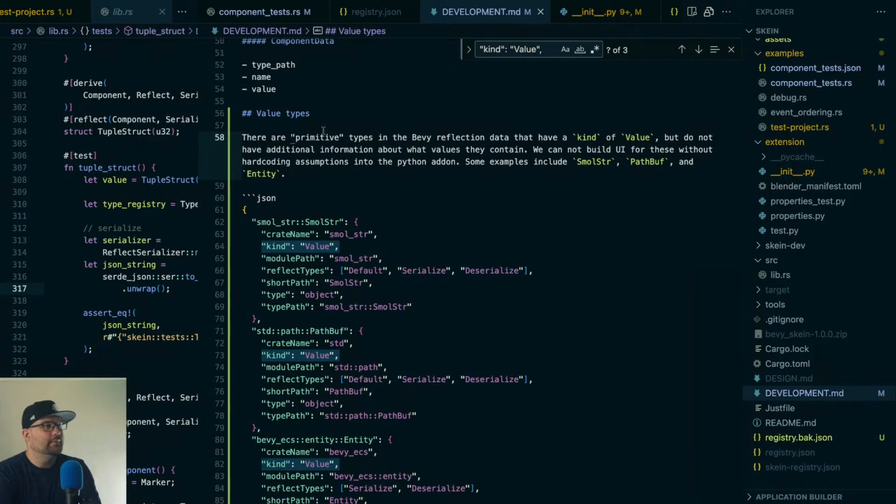So there are primitive types in the Bevy reflection data that have a kind of value but do not have additional information about what values they contain. We can't build UI for these without hard coding assumptions into the Python add-on. Some examples include small string, path buff, and entity. I guess I'll fully qualify this, right? Some examples include